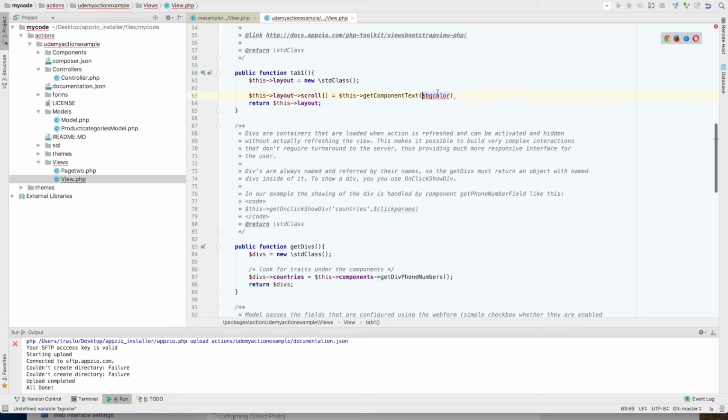So get component text is the default method for inserting a simple text string. So let's write hello world,